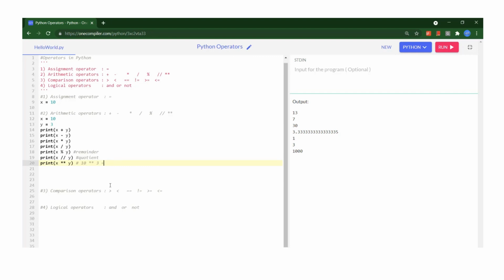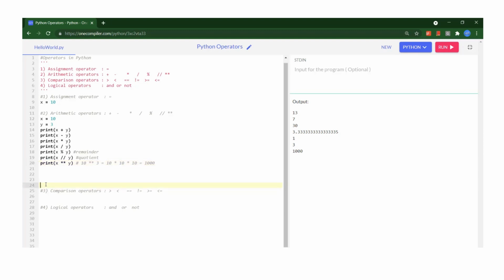It means 10 multiply 10 multiply 10, so it will give us 1000. This is like an exponent. If we want to calculate raised to power, we have one operator for that in Python. So these are the basic arithmetic operators.